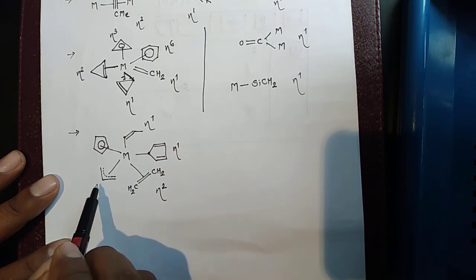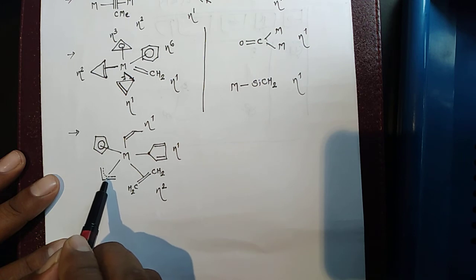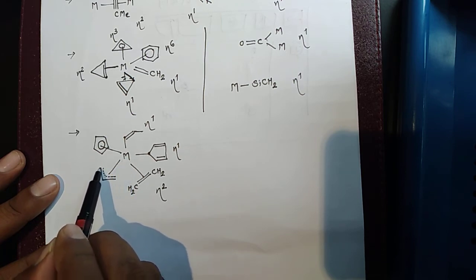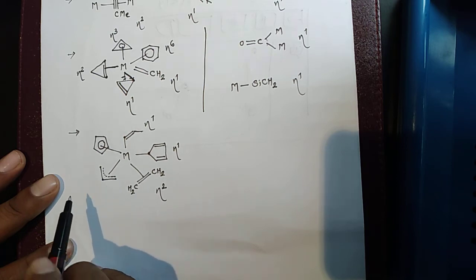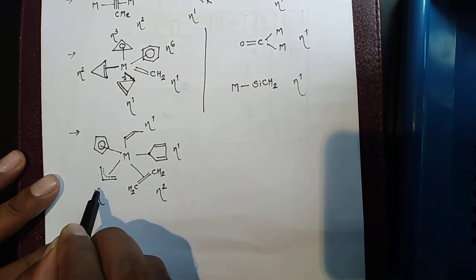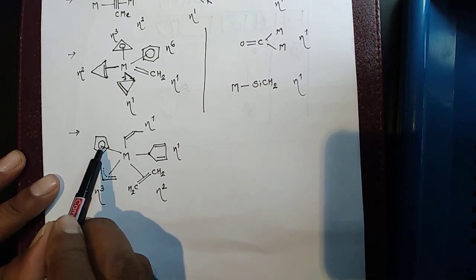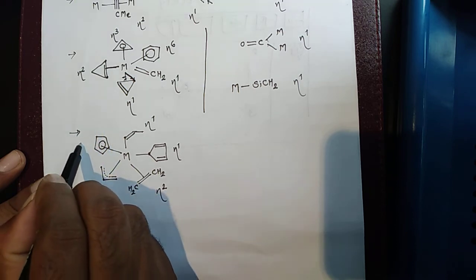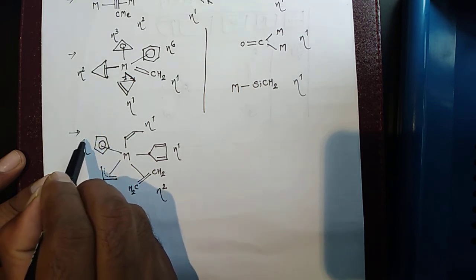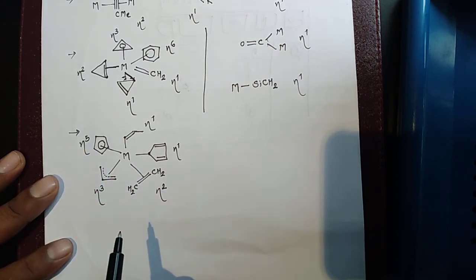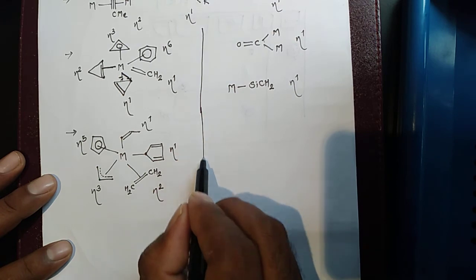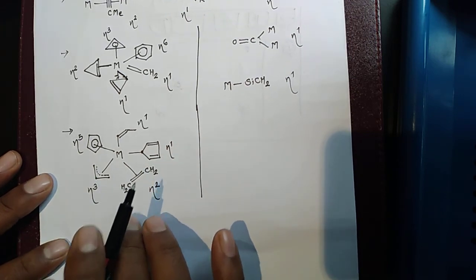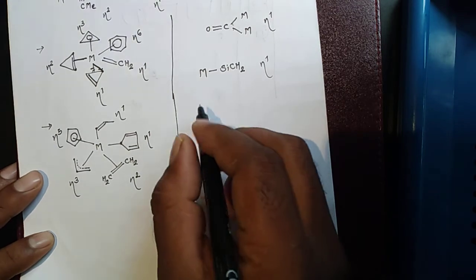Here it is the same thing as the allyl group; the double bond is on this side or this side, they have mentioned it directly, with dots meaning somewhere else, which means the metal is directly attached to the 1, 2 and 3 carbons. So hapticity is 3. Here the metal is directly attached to the 5 carbons, so the hapticity for this ligand is eta 5. This is again a very interesting example. We'll see the next example.